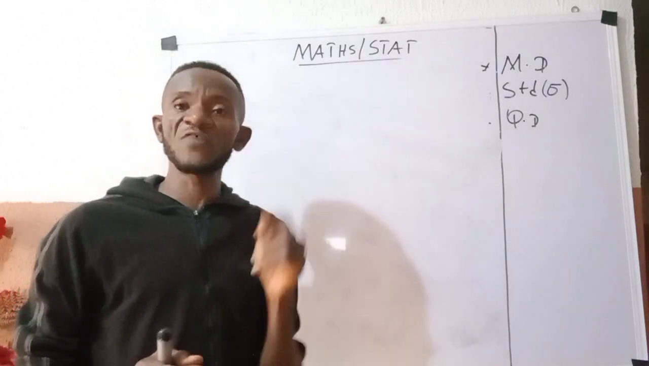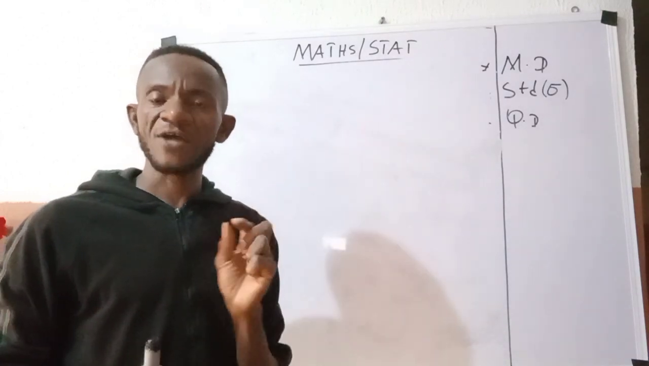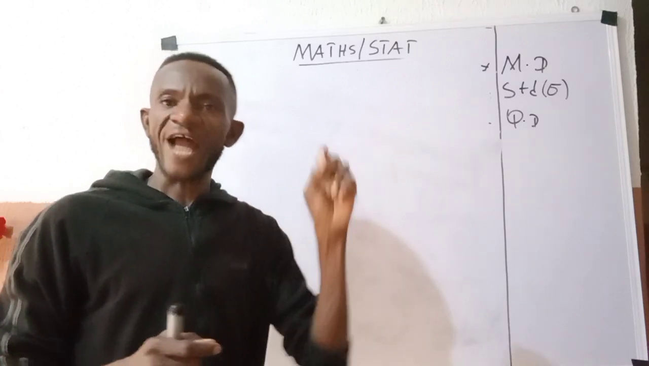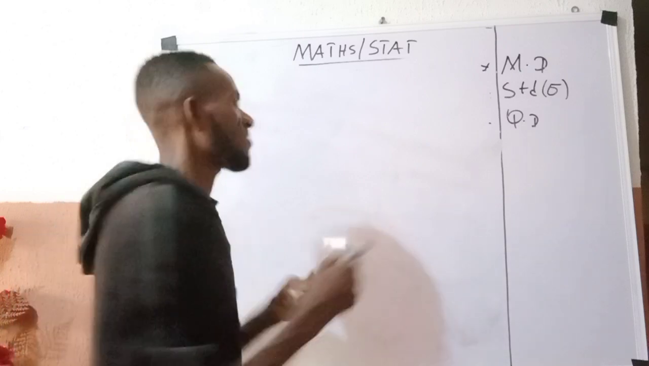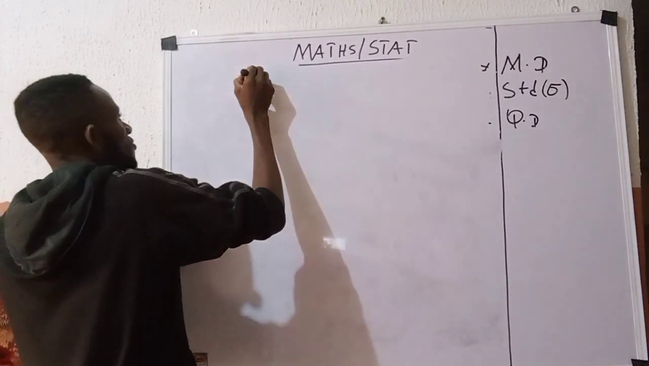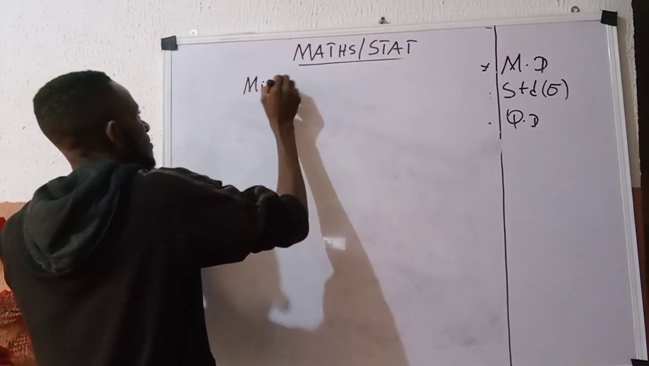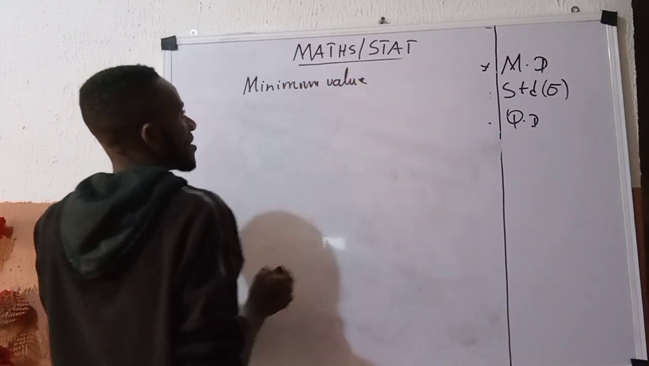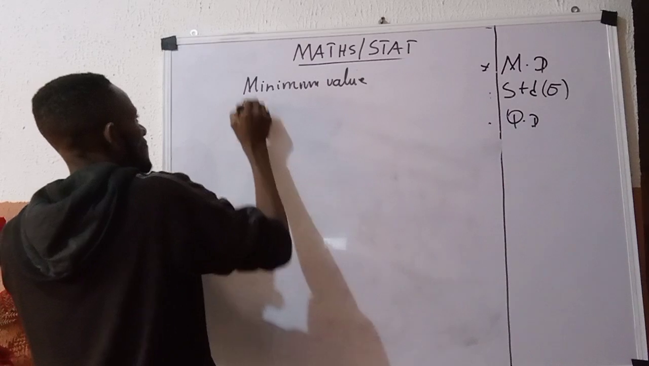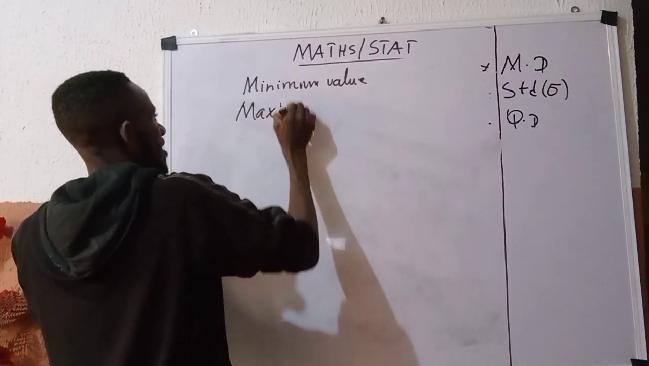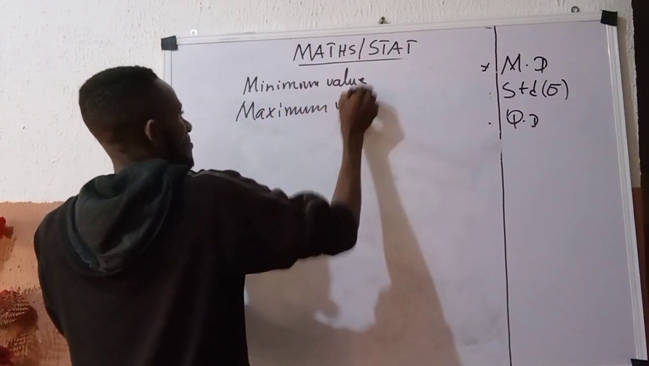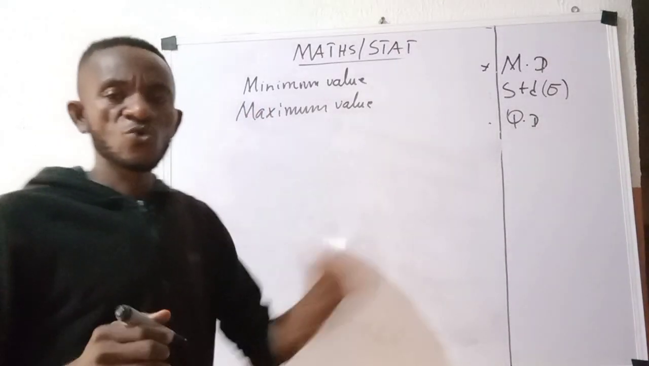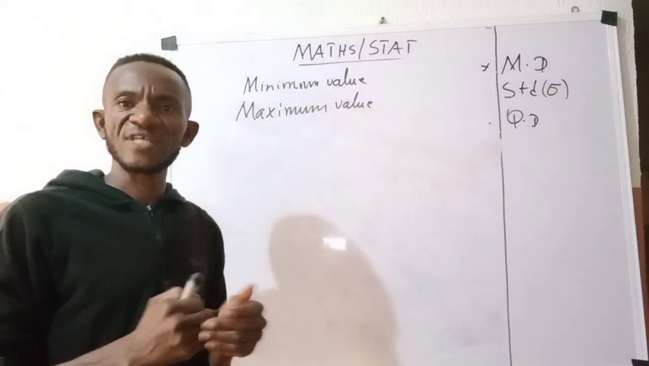Of course, what you are going to do first of all is from that set of data, note what is your maximum value and note what is your minimum value. So from that data, you look for what is called the minimum value. Equally look for what is called the maximum value from that data. When you are done looking for the minimum and maximum values, you go ahead and compute